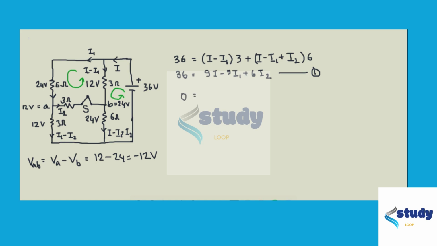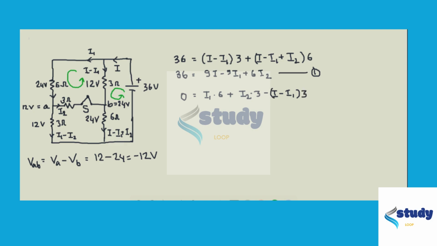Now on the right hand side, I1 is the one that flows along the 6 ohm, so I1 times 6. Now along the 3 ohm, that is I2, so I2 times 3, and there is another 3 ohm where the current is opposite to the loop, so minus (I minus I1) times 3,